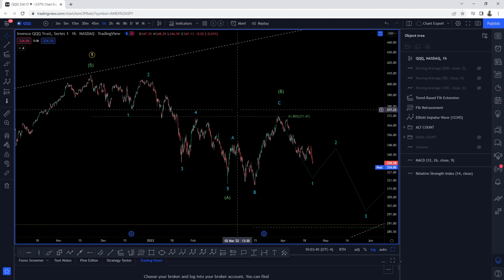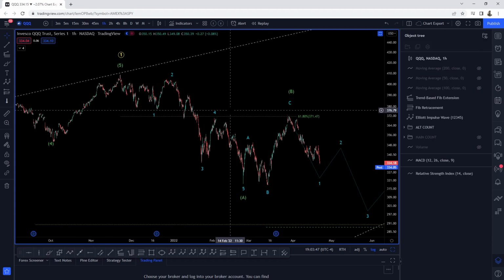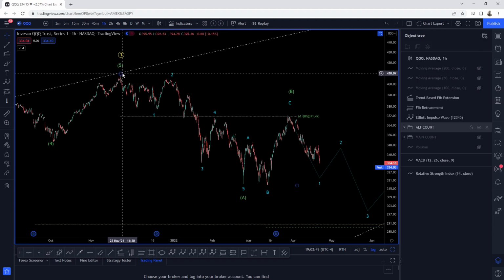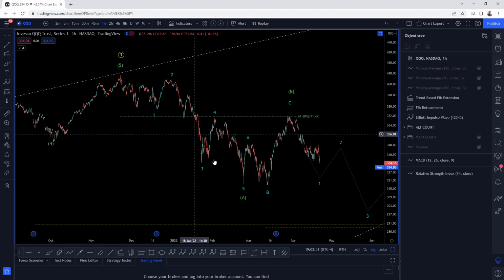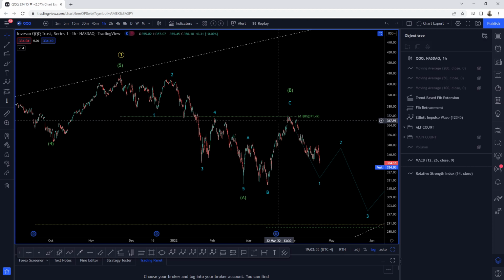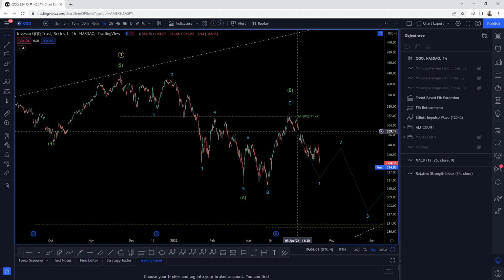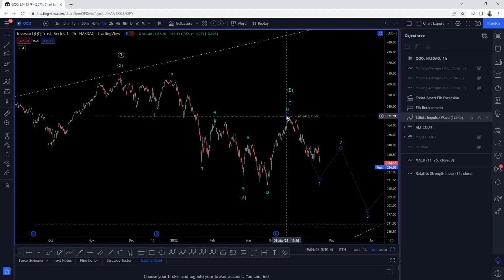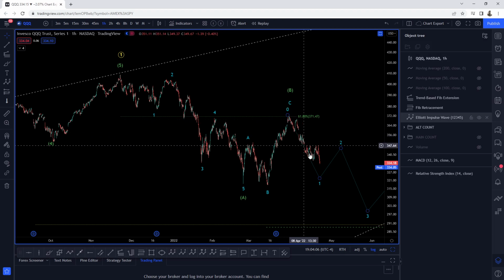Now, when we look at this from a retracement standpoint, from the high to the low, a B wave will come into a 618 retracement, 786, or 50%, but oftentimes the golden zone, the golden pocket, the 618. In this case, spot on rejection, and now we are rejecting lower.